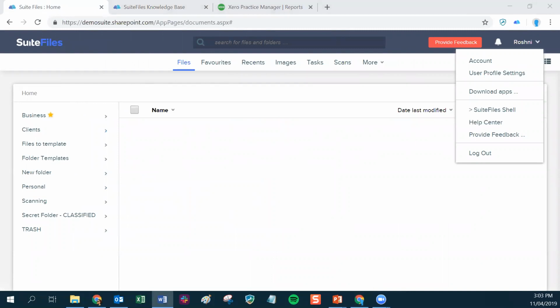Okay, so let's get started. First of all, we'll cover some of those keyboard shortcuts that you might not be aware of. So one of the first keyboard shortcuts that we have is the ability to copy and move files around in SuiteFiles. So if we jump into one of our client folders,